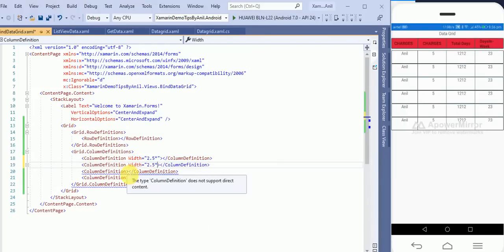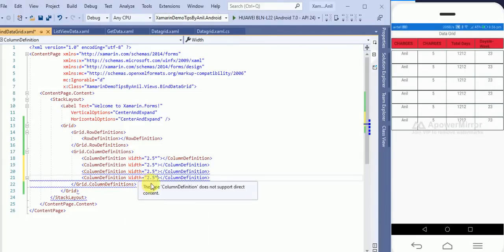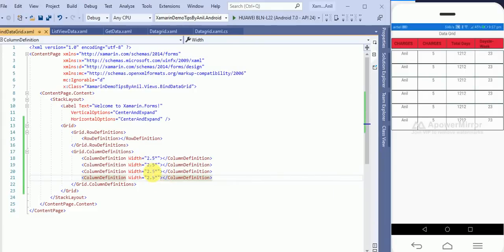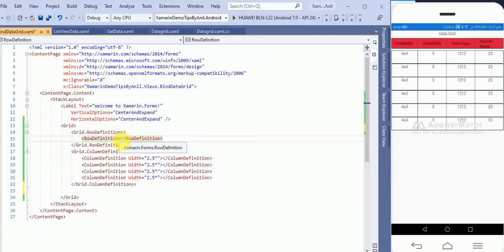You don't need to copy and paste the code, just try to understand the logic of how we are doing this. What is the asterisk? I already told you, it will divide equal widths for all columns. Now we have defined the row and width. Here we can also define the height. Suppose I define the asterisk, it means it will take height according to the content.